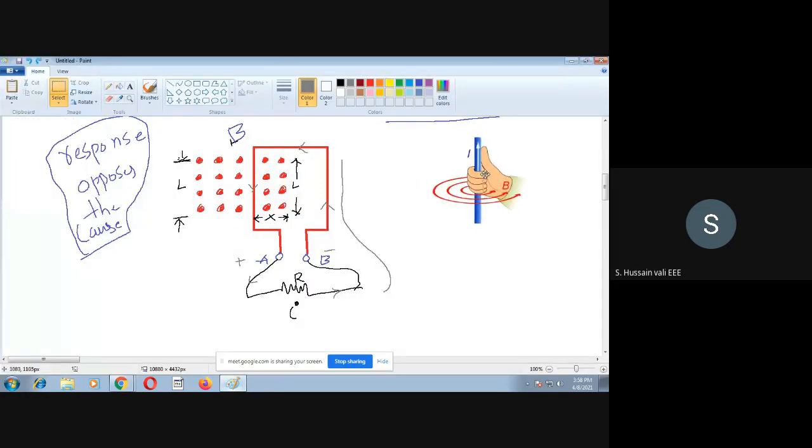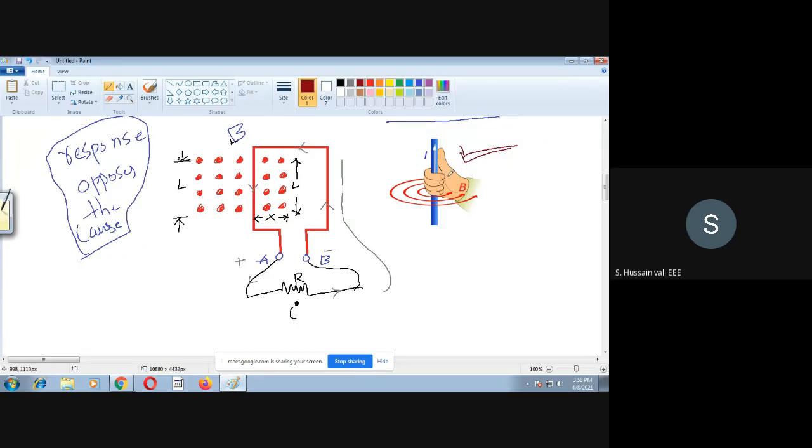Now you see here, let me bring this side. The first assumption is that A is positive and B is negative. If I take this assumption, then this is the direction of the current which I have shown in the picture. So if this is the direction of the current, then what is the direction of the flux? With this picture, we can know the direction of the flux if you know the direction of the current.